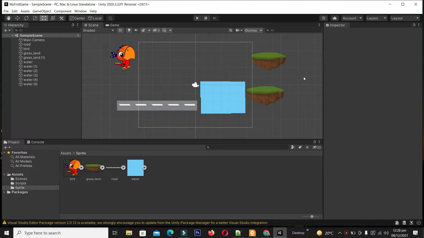So in this video we are going to learn about prefabs. Prefab is an abbreviation of prefabricated. A prefab is just like a sprite, but its properties can be edited, and this editing will be applied to all the instances which are being used in this game. Are you confused? Don't worry, let me show you with an example and it will make the point clear.